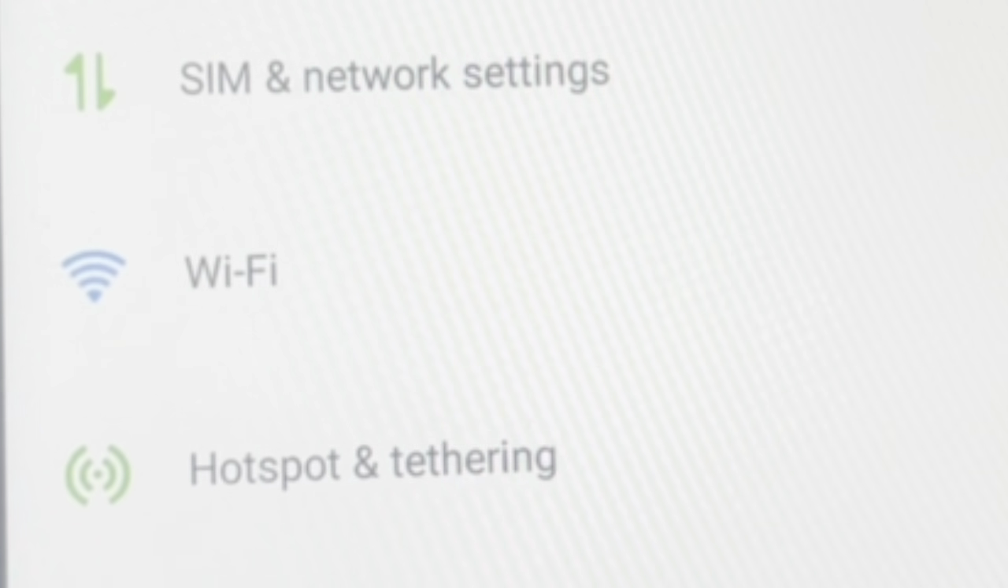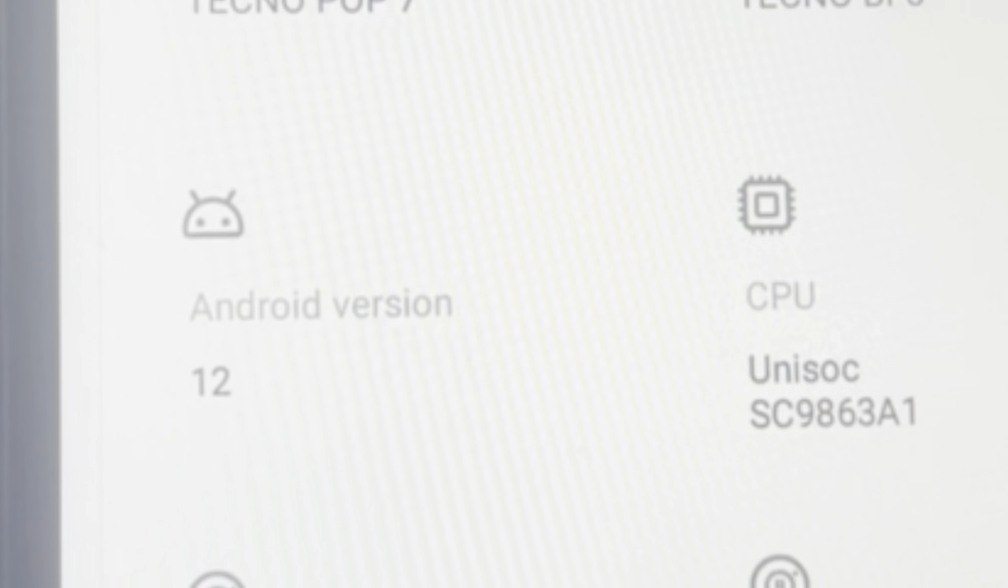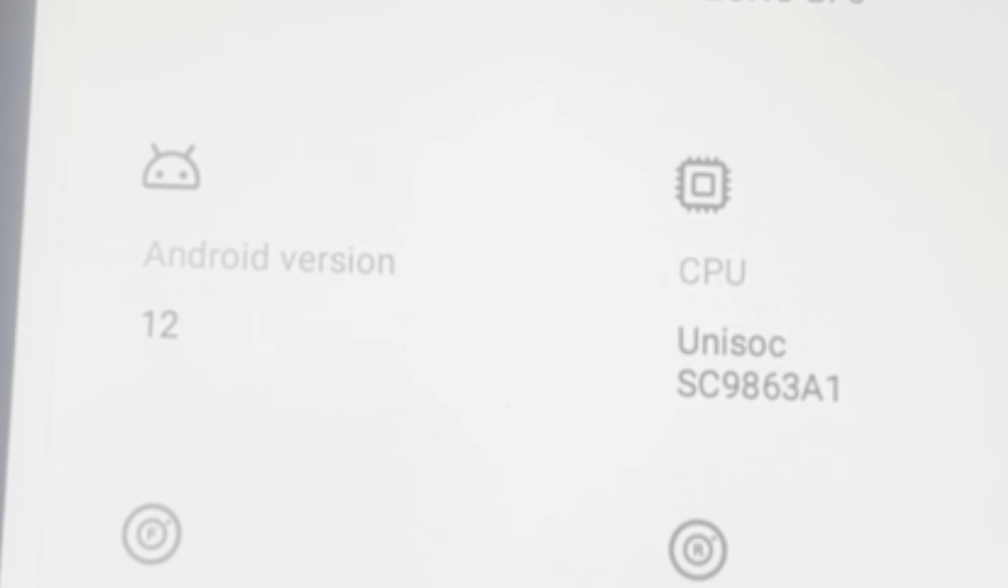In this video, I'm going to show you how you can fix your screen blackout. First of all, go to settings and go to my phone and look for